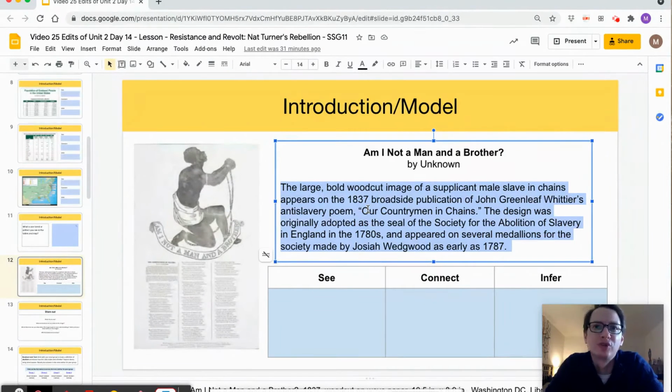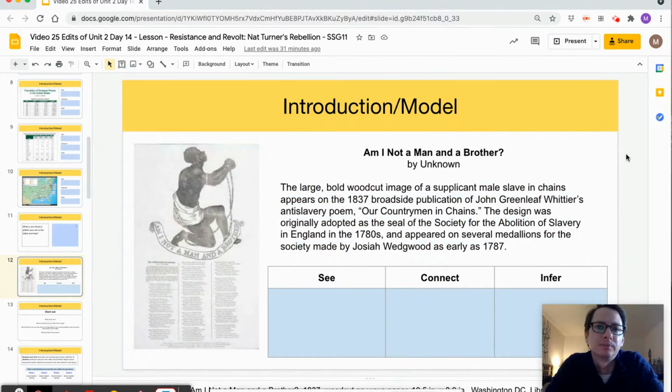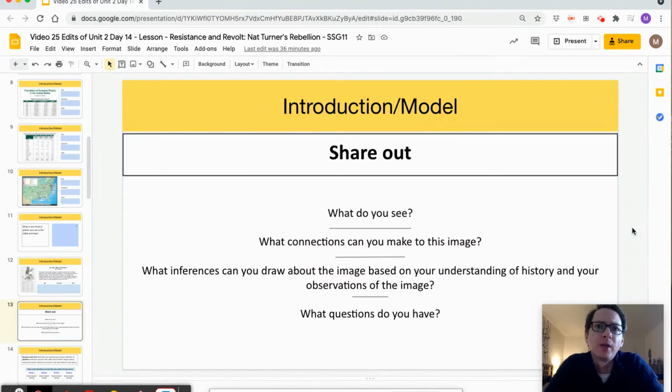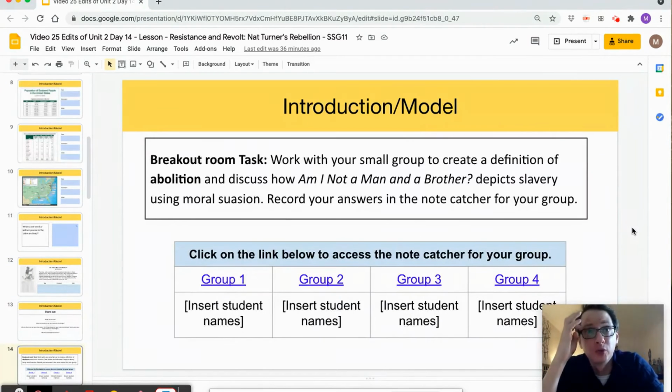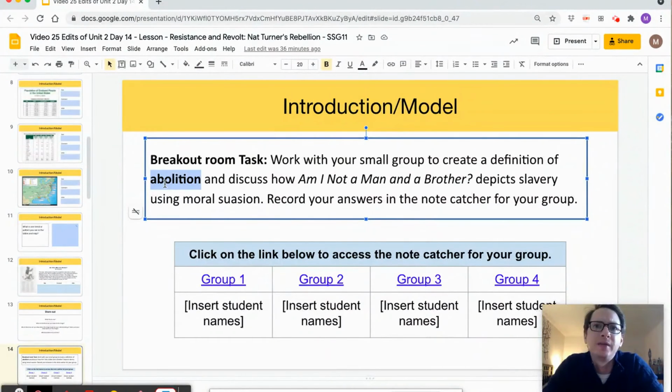Make sure you read the headnote and the sourcing information as part of what you see, because there is information in here that is going to be very relevant in just a moment. After doing this share out, you will be arranged into groups where you will use this image to create a definition for the word abolition, and then discuss how it utilizes something known as moral suasion, which I will explain